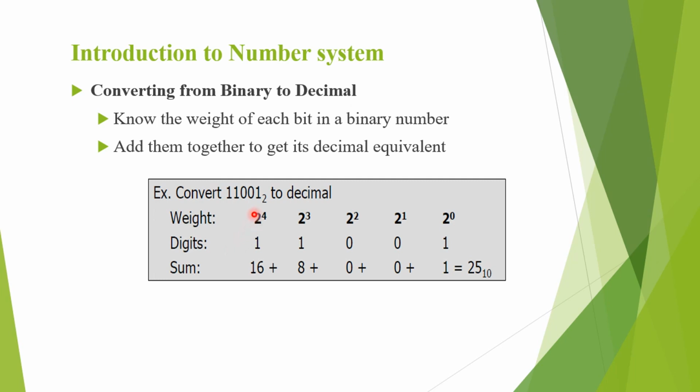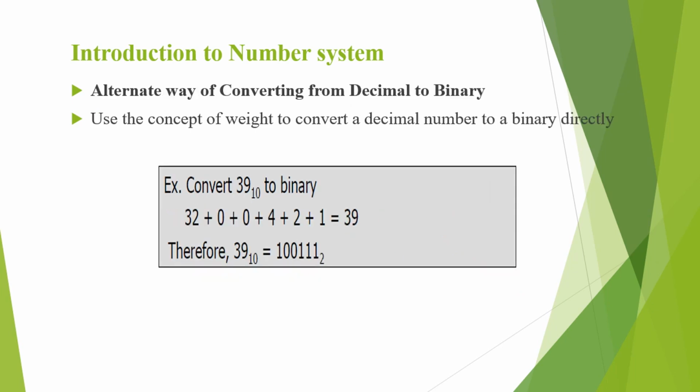So simple ways: weight into the digit plus next weight into digit plus next weight into digit plus next weight into digit plus next weight into digit will give us the decimal equivalent. There is one more way of converting a decimal number to a binary number. So using the weight concept, we can convert the decimal number to a binary